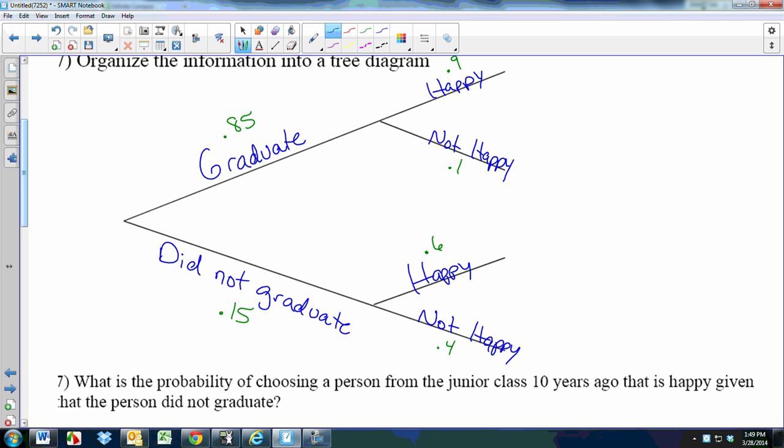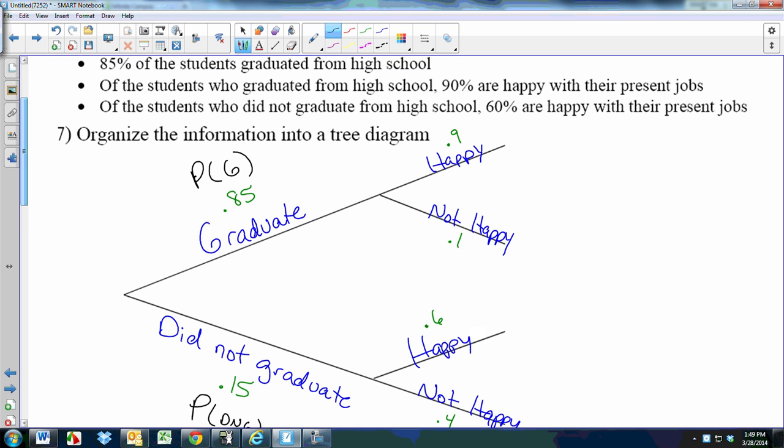All right, now the next thing that you need to do with your tree diagram is put the symbols on the tree diagram that represent the formula, you know, the P and the parentheses, okay? So for graduates, P parentheses will say G for graduate. Use the symbols. For did not graduate, that would be P parentheses, we'll call this DNG. Trust me on this, guys. If we have this tree labeled with all this information, any word problem that we have to figure out becomes a lot easier, okay? All right, so let's now talk about the happy leg of the tree